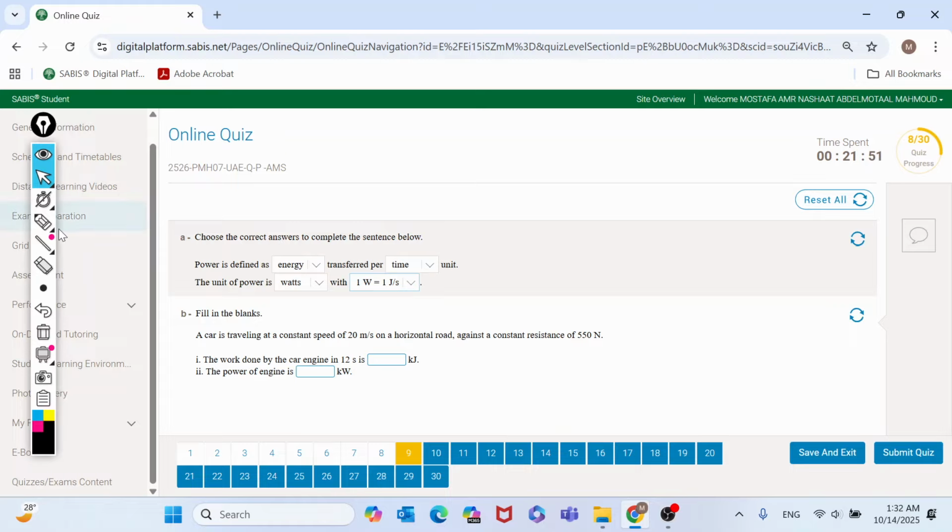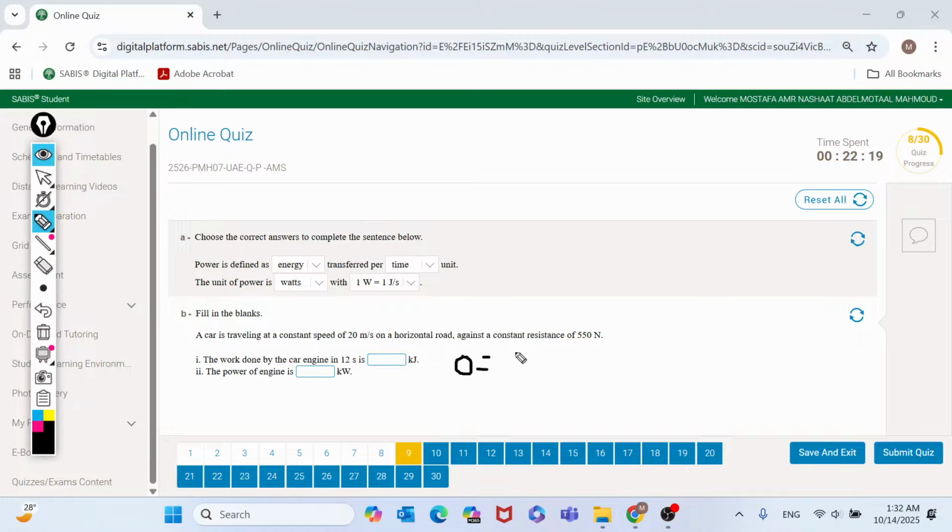Okay, guys, this question is a bit hard. Constant speed means the change in kinetic energy is 0, because if you do K final minus K initial, the kinetic energy final and kinetic energy initial are going to be the same thing, because it's constant. There's no change. So 0 is going to equal